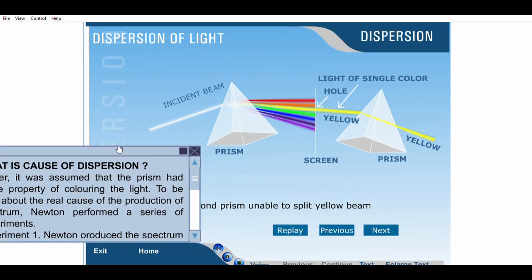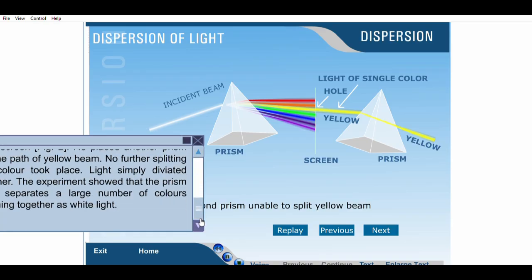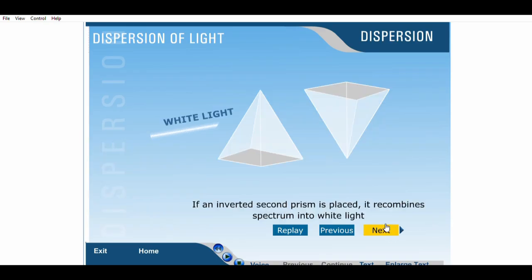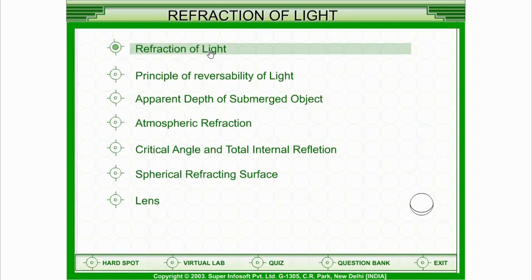Experiment 1. Newton produced the spectrum of white light and isolated a particular colored ray, yellow, by drilling a hole in the screen. Experiment 2. If a second prism, exactly of the same angle and material, is placed with its